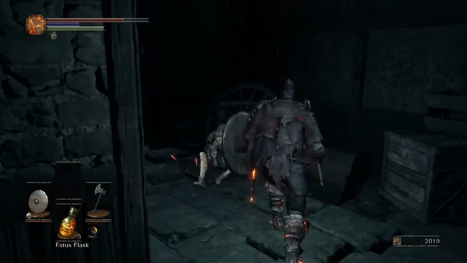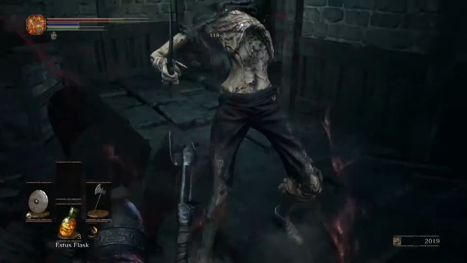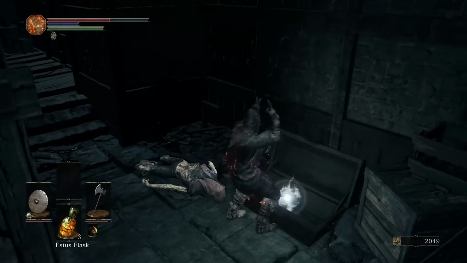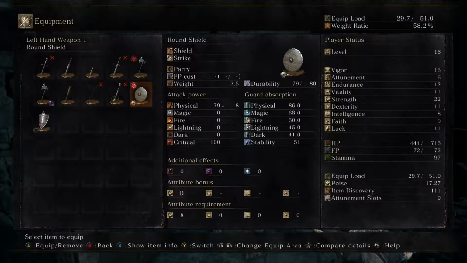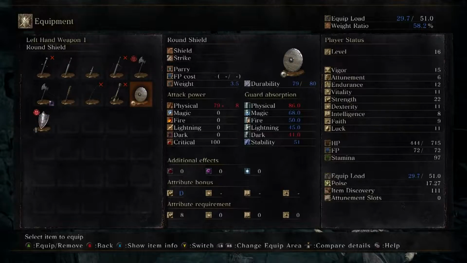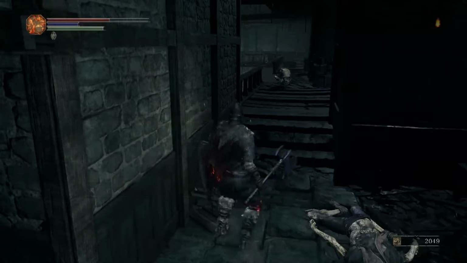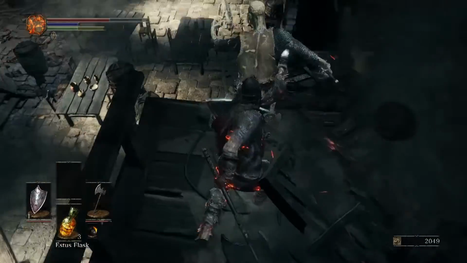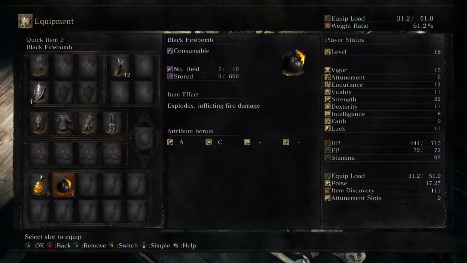Backstab guy on the left. Just didn't want to hit the chest too much. This is a good chest. Silver Eagle Kite Shield. And if you're going any other class, this is the most important shield to get in the game, because it's got 100% physical resistance, whereas that's only got 86. A lot less than all the other resistance, but let's face it, you want physical resistance. It's important. So you kill that guy, you then equip your firebombs,